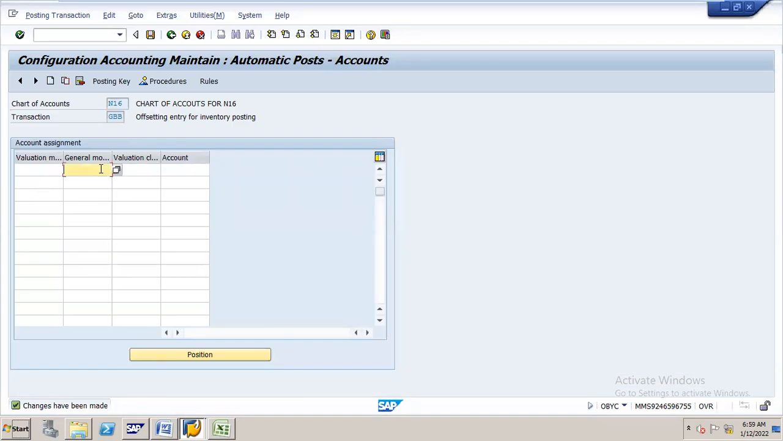Where here. Okay, this is X plant. Okay, next, this is consumption, raw material consumption. Raw material, what is the valuation class? N161. And in all the cases, this is